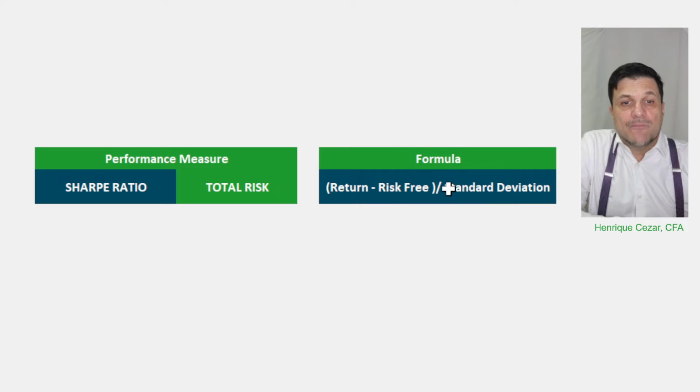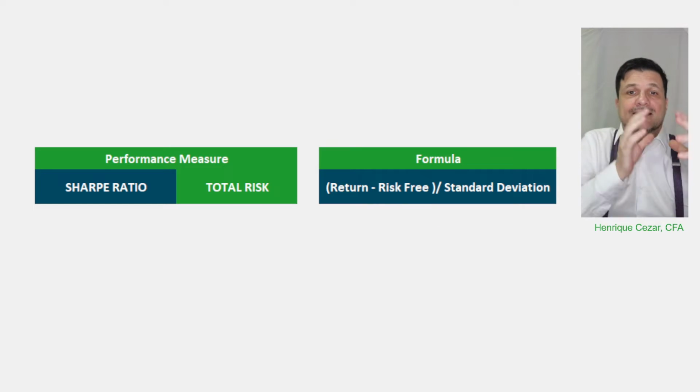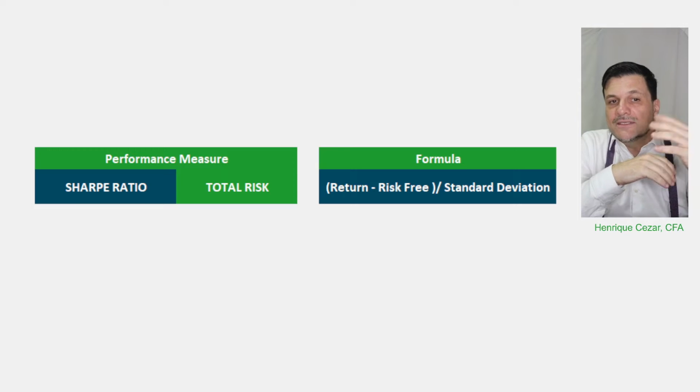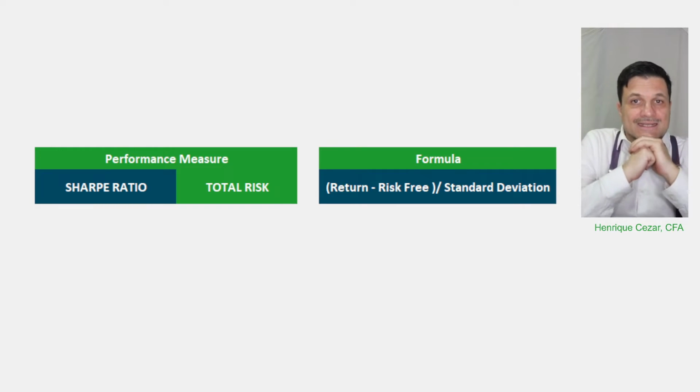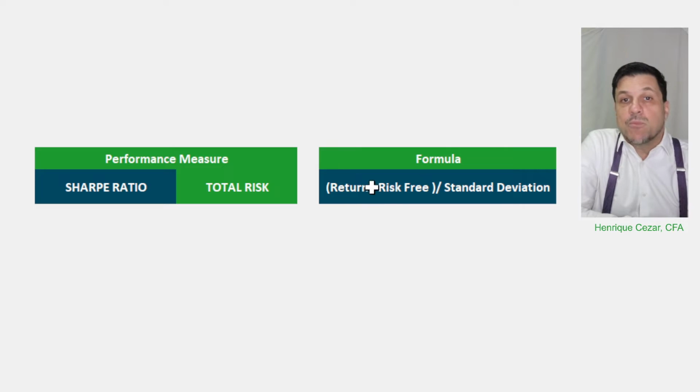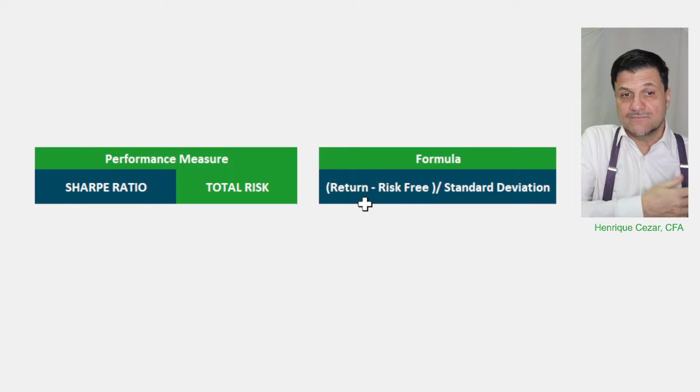What are the pros and cons? Well, the pros: it's very intuitive to measure performance that way, right? Excess divided by the risk. If this number is above 1, that means I made more return per unit of risk that I incur, right? So that's logical. The problem is that the benchmark is the risk-free rate, okay? It doesn't give you much about risk, right?